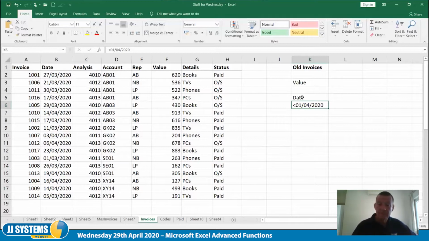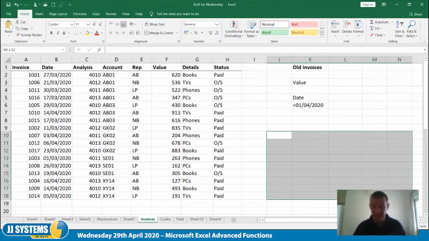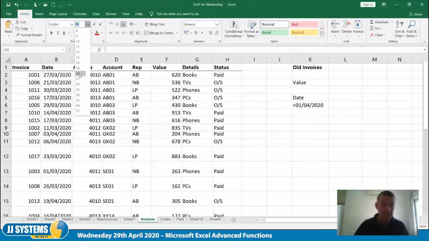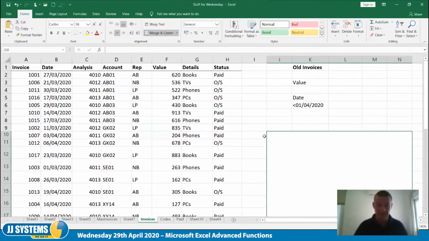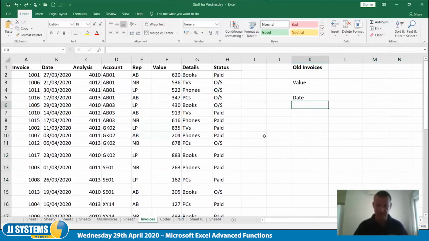So the date field is that one, so we have to put in the date field so it knows that's what I'm talking about. The value field is the one that we're going to add up, and then here I'm going to stick in a dsum function. And dsum works like this, and for this I'm going to use my little homemade whiteboard down the bottom here, where I'm going to change it to have a nice big font, and then I'm going to use Merge and Center to make it readable. I'm going to do it the other way around so it doesn't screw up my spreadsheet design,